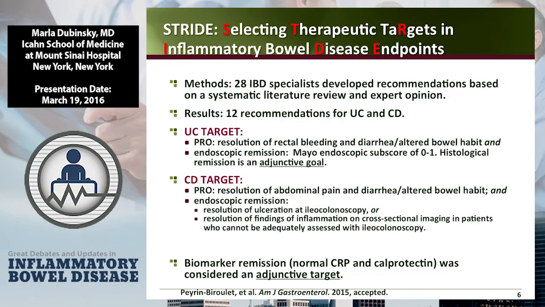And we all got together and said, look, I think it's important that in a patient with UC, we know how many bowel movements they're having and whether they have blood. Those are the only 2 things we care about. And in a Crohn's patient, we want to know whether they have altered bowel movements and whether they have pain. That is really the crux of what is important symptom-wise in a UC and a Crohn's patient. And we need to match that with an endoscopic objective measure, meaning we need a full colonoscopy with ileal intubation in a Crohn's patient, and we need a full colonoscopy in a UC patient.